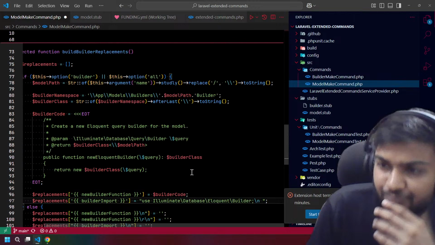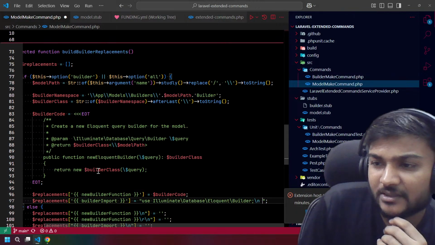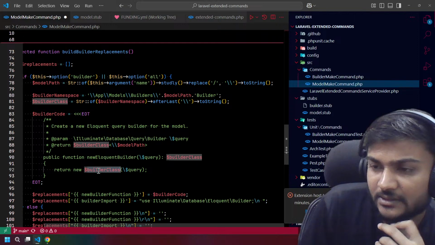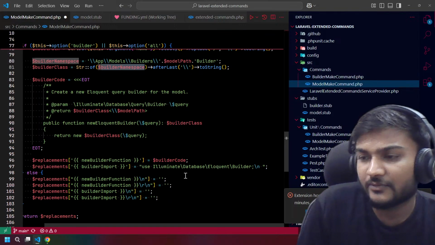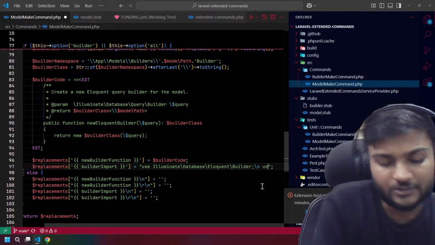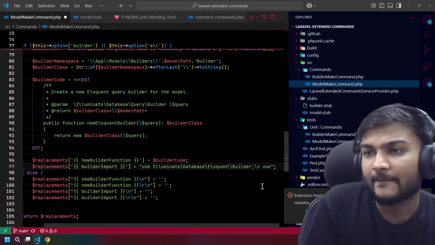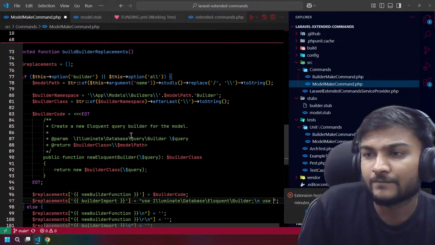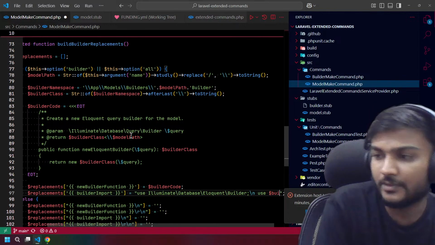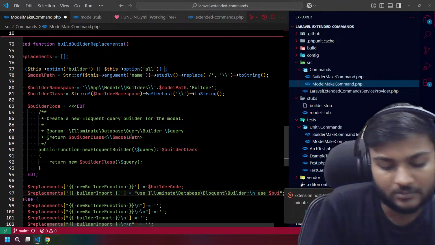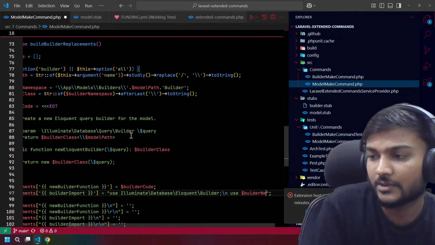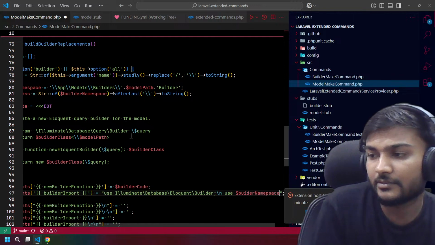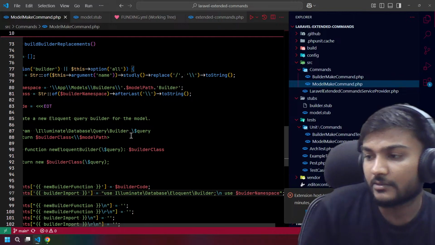Basically, when this builder class is there, you need to import this builder namespace. So we can just say use, and this builder namespace.